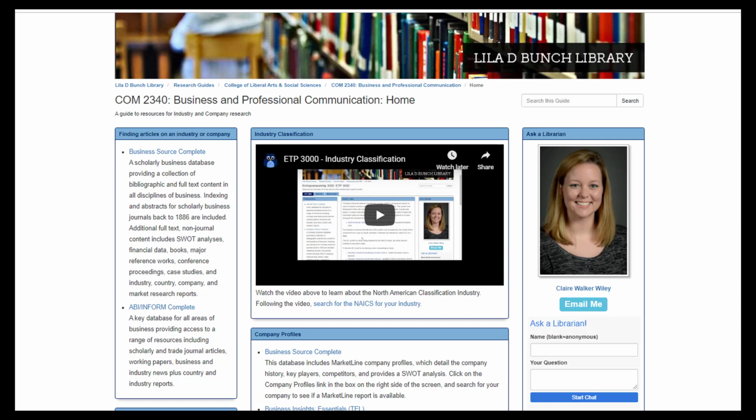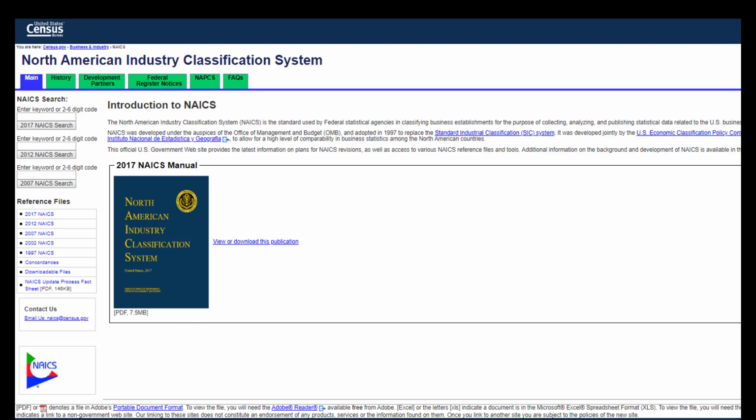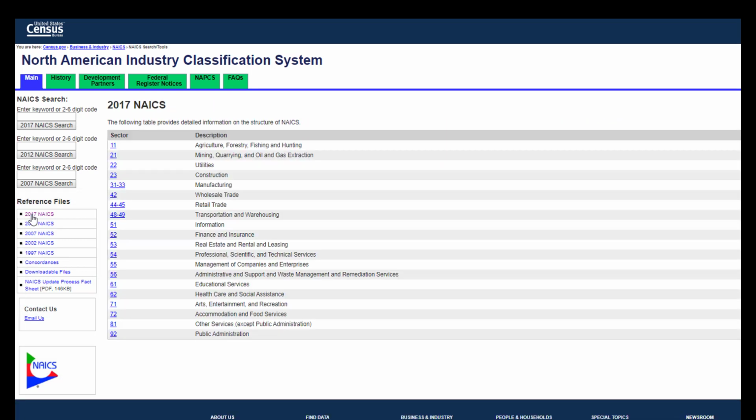On the COM2340 guide, the box in the top middle includes this video and also a link to the NAICS index from the U.S. Bureau of Labor Statistics. So click there to get started identifying the code for your industry. Once in the NAICS index, you can search by keyword in this box or use the index menu to drill down to your code. Looking at the index allows you to see the overall structure of the system with the lower numbers covering raw materials and resources, then it moves on to manufacturing and construction, then to wholesale and retail,